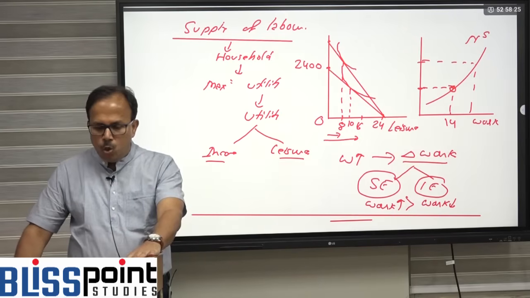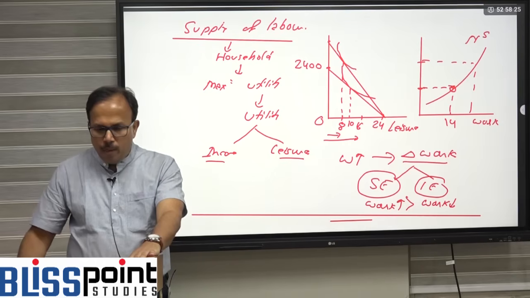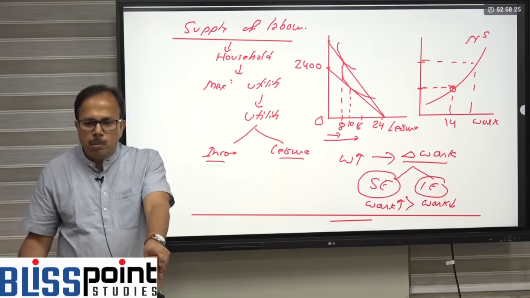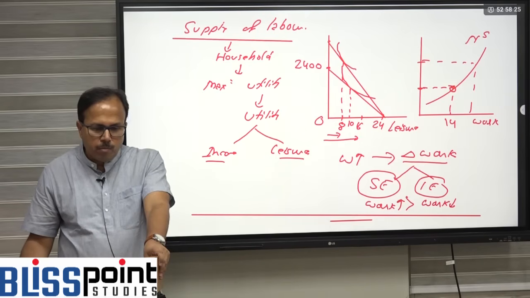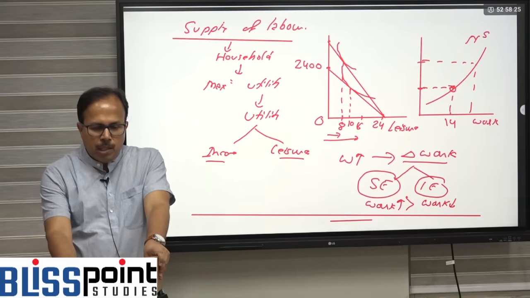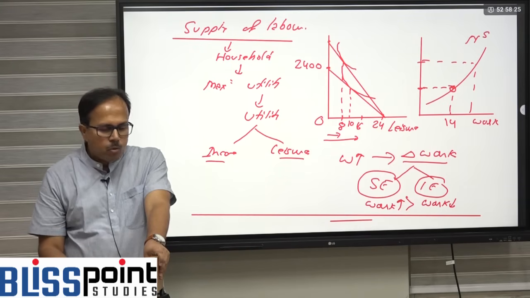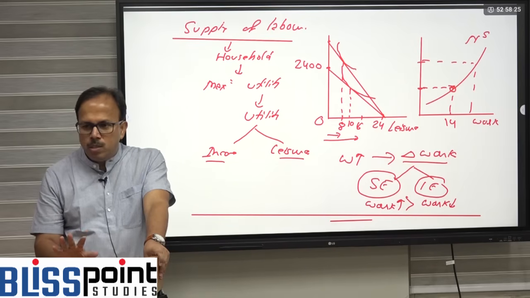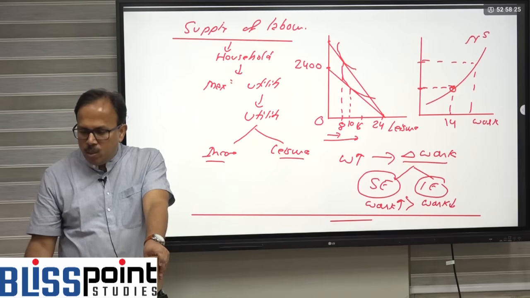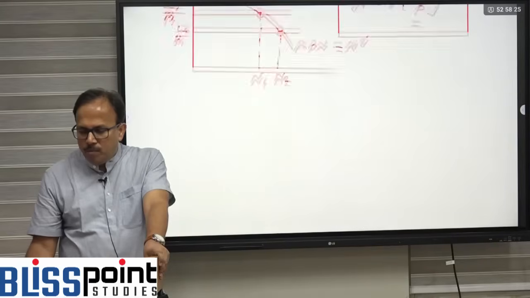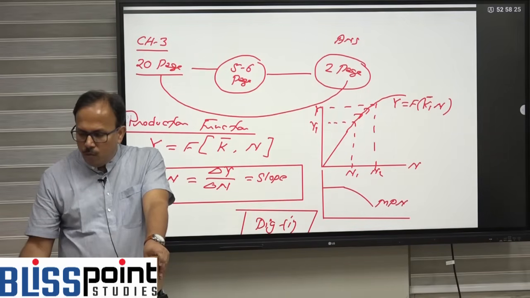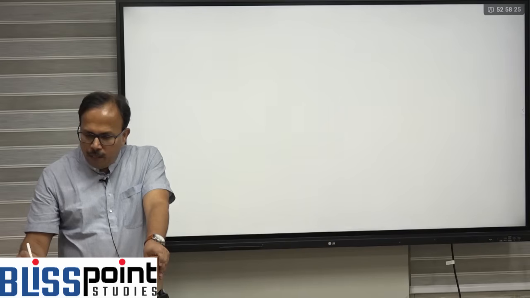we get a positively sloped labor supply curve. So we have a positive slope labor supply curve and a negative slope labor demand curve. Up to this point we have covered the tools: this is your labor supply line, this is your labor demand curve, and above one was the production function. Now combining all, we can mark the major point here, which is called determination of